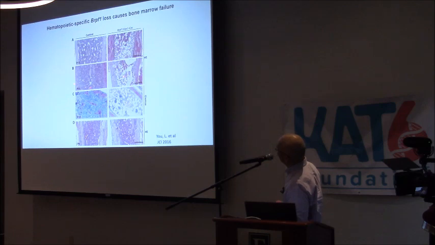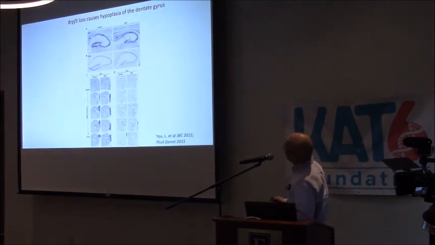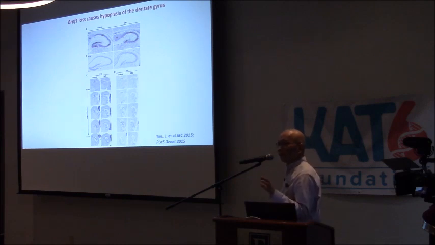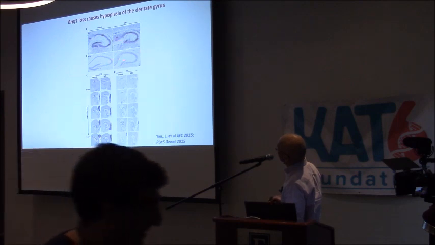So this is 12 days after birth, and at 5 days it is still okay, but afterwards the bone marrow has problems. And if knocked out only in the forebrain, the hippocampus is affected. This is important for memory and learning and intelligence as well. You can see this is 10 days and 12 days. This is a control, and this is the CA region, and this is the dentate gyrus. You can see that it's really affected.